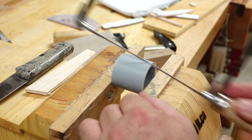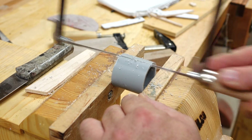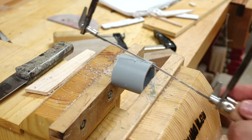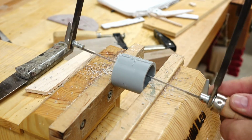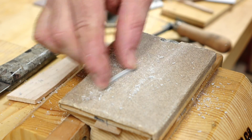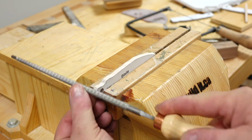The spring is actually the trickiest part of this project to do right, and you might have better luck with a stiff piece of plastic. For example, you can cut a spring from a piece of PVC pipe like this, then sand that down to the right thickness. Now that the parts are cut out close to the line, I can bring them right down